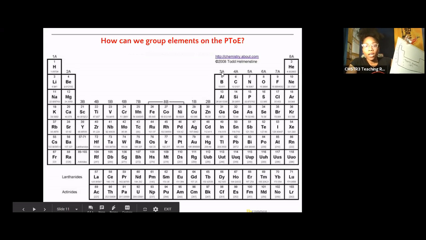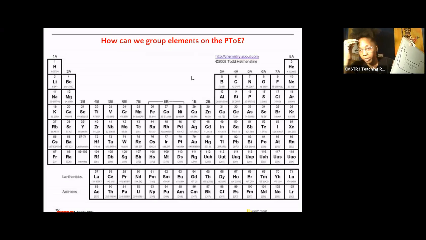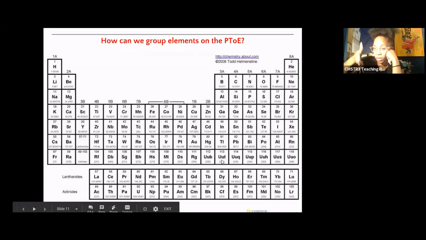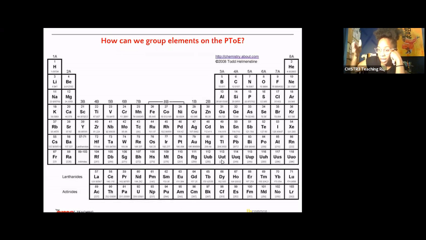Now, the families and the rows on the periodic table: elements are not just there randomly. Every element is in its position because of a very specific reason. Every element in the same family, every element in the same column, has the same chemical properties. In a second, we'll talk about valence electrons, but that's what determines your chemical properties, how reactive you are. All elements in the same column have the same number of valence electrons,